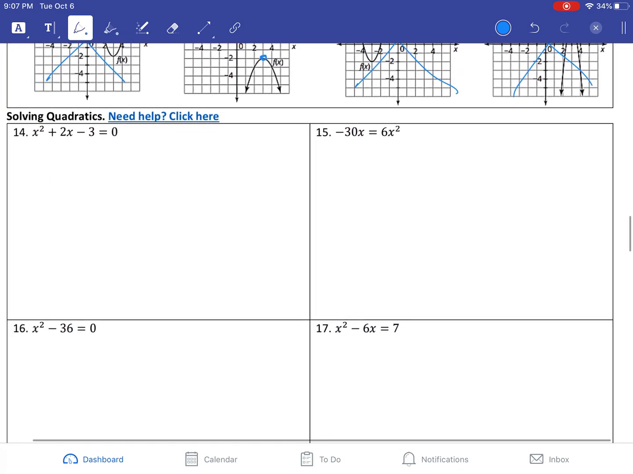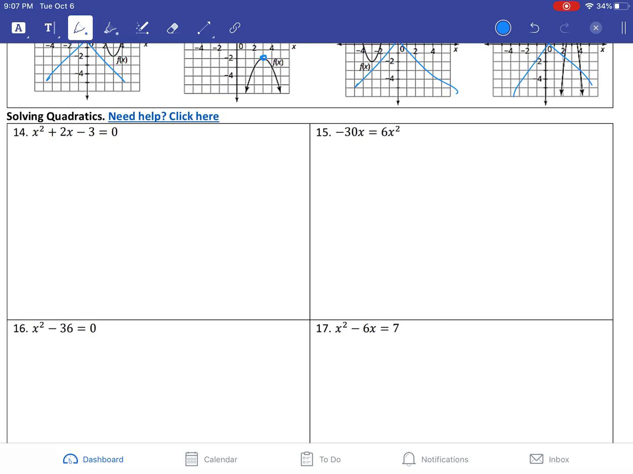All right, moving on to solving quadratics. Now when we're solving quadratics, there's a system you can go through to see which type of quadratic it is and which is the easiest way to solve it. The first thing you do